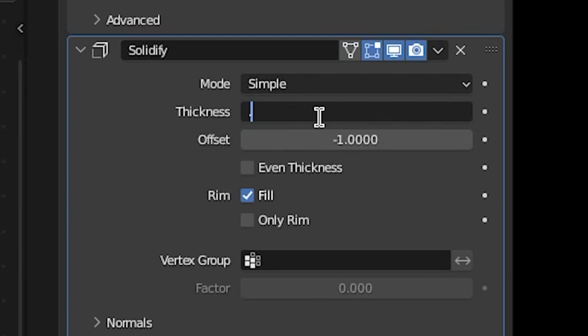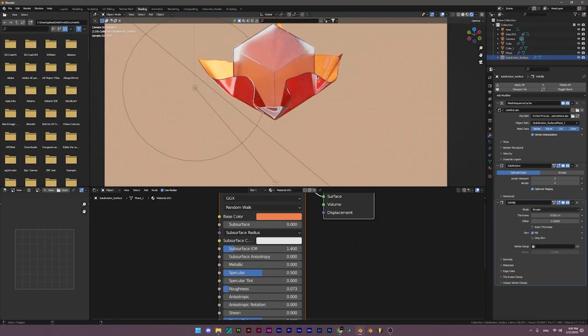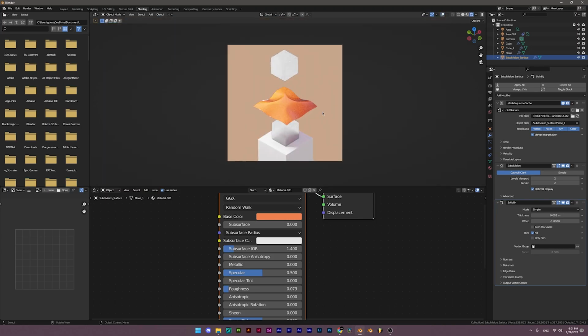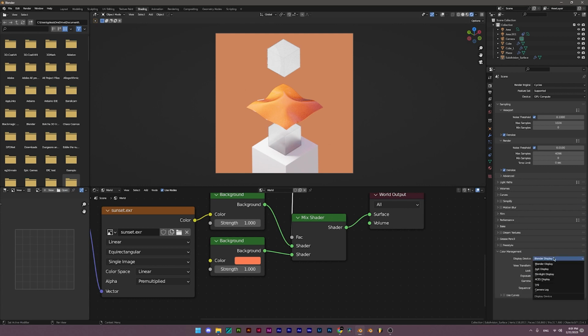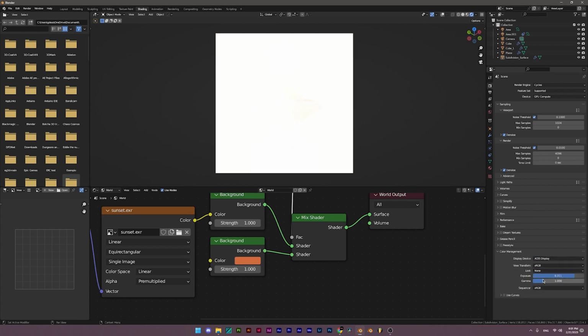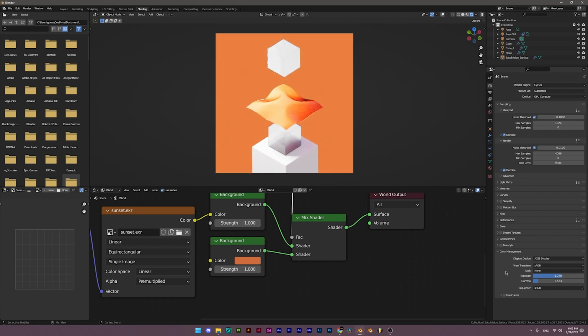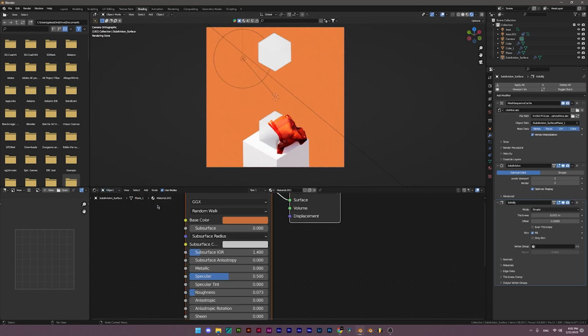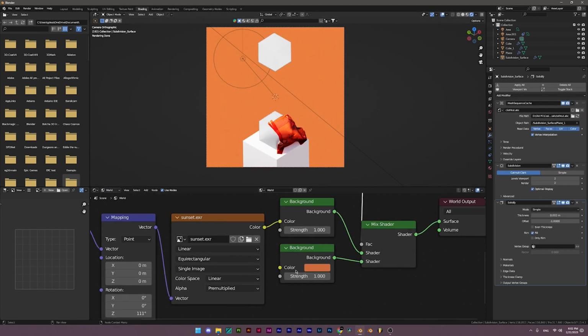Even lower than this, like this. But honestly, I really don't mind it. I also like using ACES instead of Blender display. I also usually increase a little bit the exposure, reduce the gamma. Don't burn everything though. Also, if you want, instead of using just a solid color for the background, you can